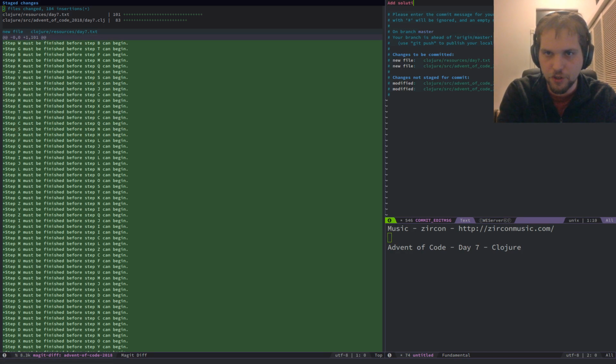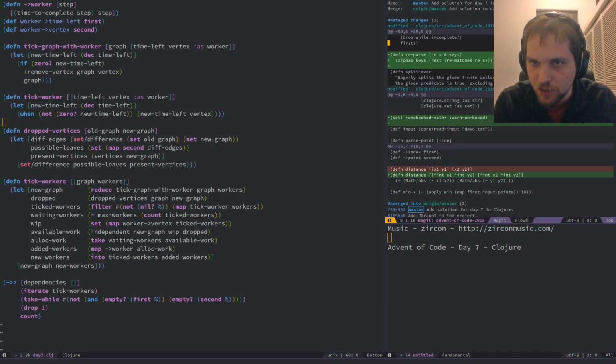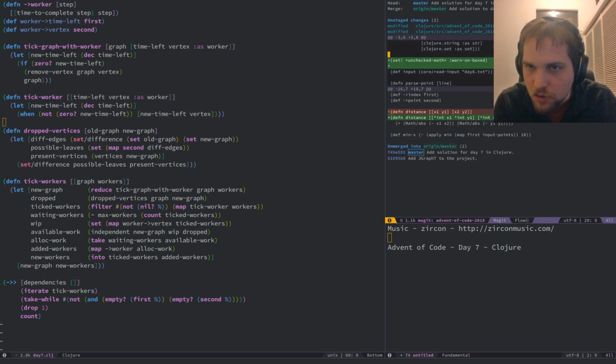Add solution for day 7 in Clojure. Let's see, what did I modify here? I don't want this.